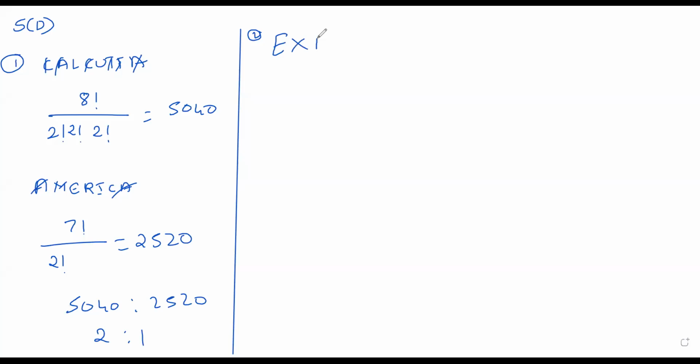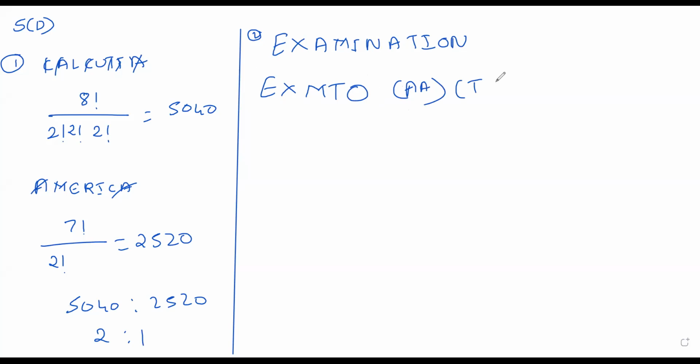Examination में कितने letters है? 1 2 3 4 5 6 7 8 9 10 11। 11 में से E X M T O ये सिंगल सिंगल है। 1 2 3 4 5 ये सिंगल है। A 2 बार आया है, I 2 बार आया है, N 2 बार आया है। ये 5 ये 6, 11 लेटर्स हो गए। अब हम लोगों को 4 ही लेटर सिलेक्ट करने हैं इसमें से,